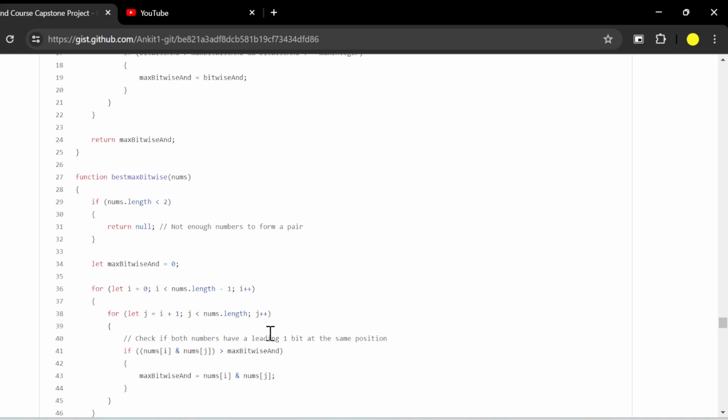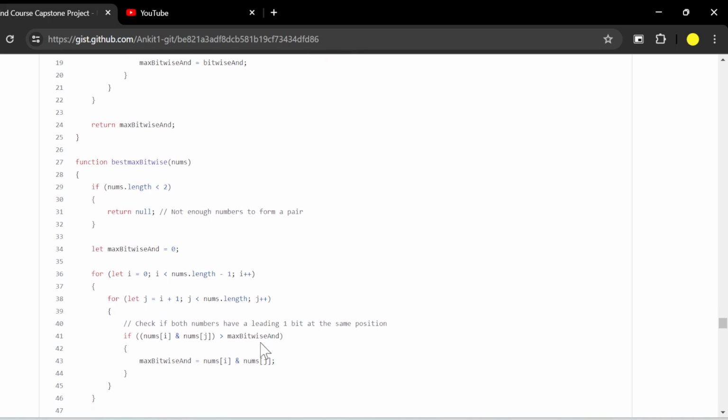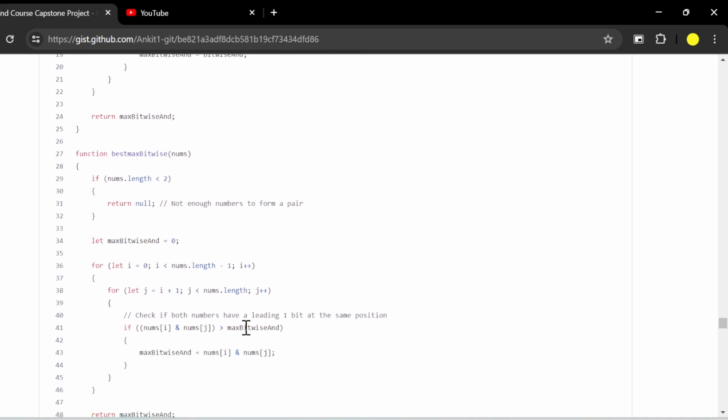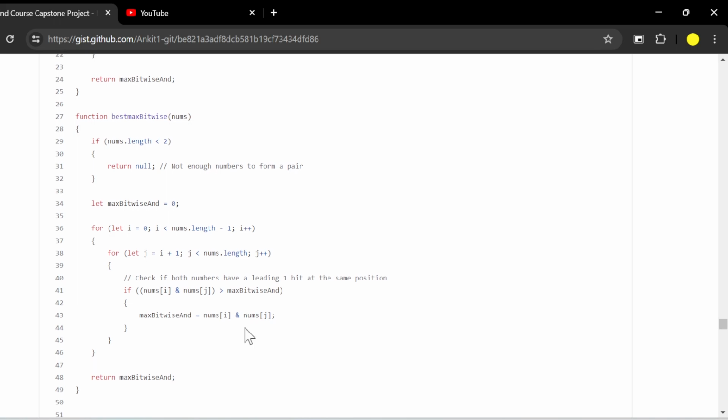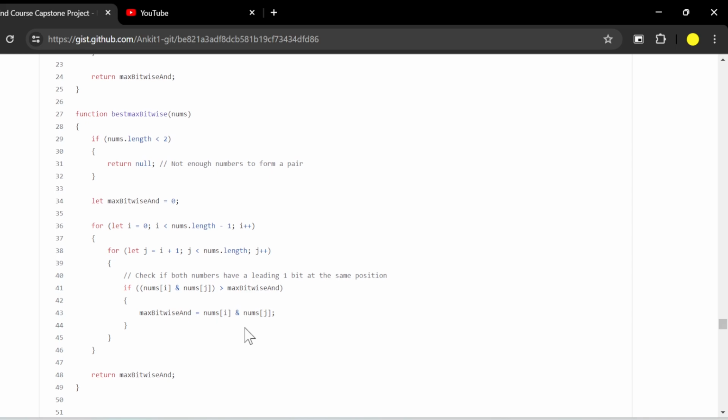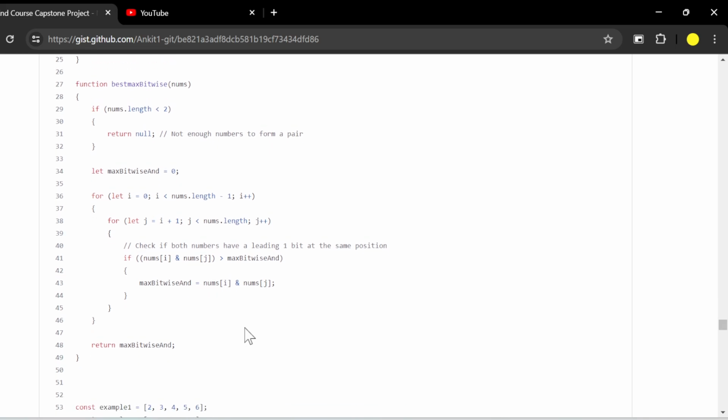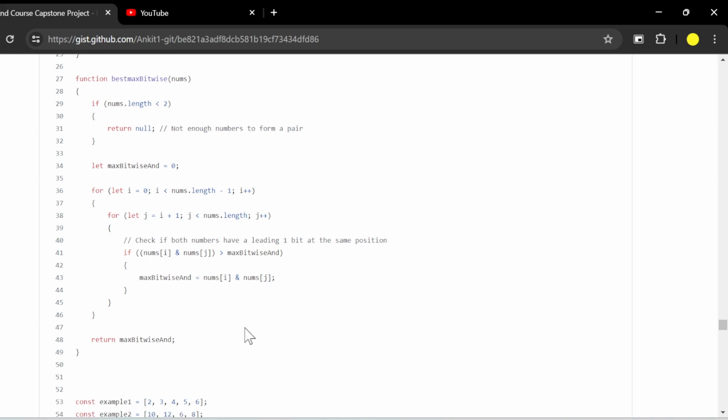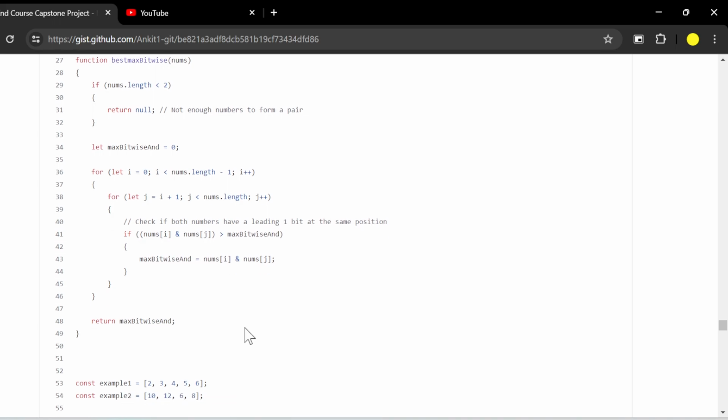This approach has a time complexity of O(n squared) due to nested loops. Conversely, the best max bitwise function optimizes this process by still iterating over pairs but only updating the maximum if